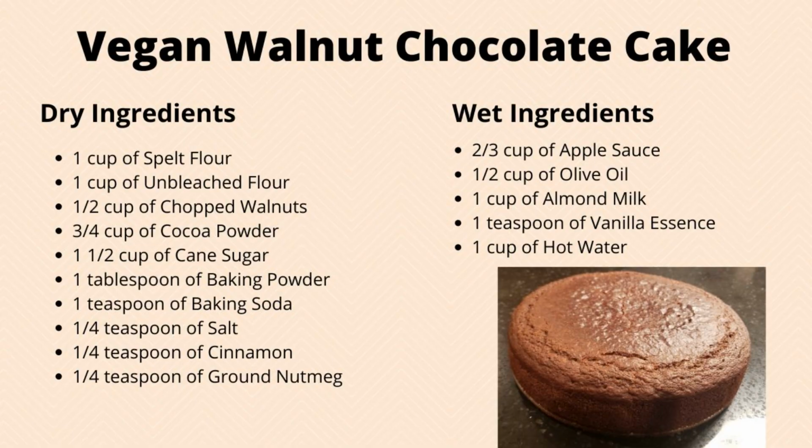Simple Vegan Recipes. So today we're going to do a vegan walnut chocolate cake. So let's get started. The recipe calls for the dry ingredients: 1 cup of spelt flour, 1 cup of